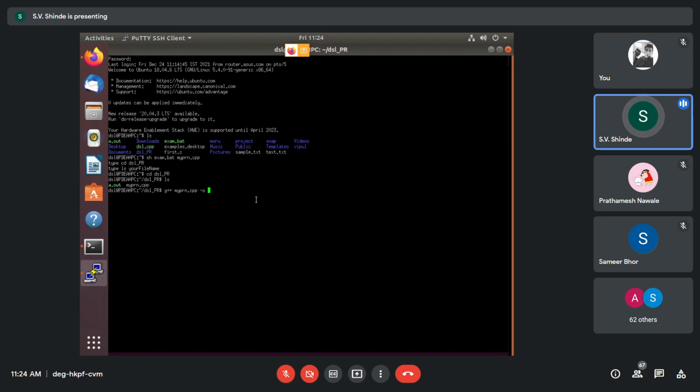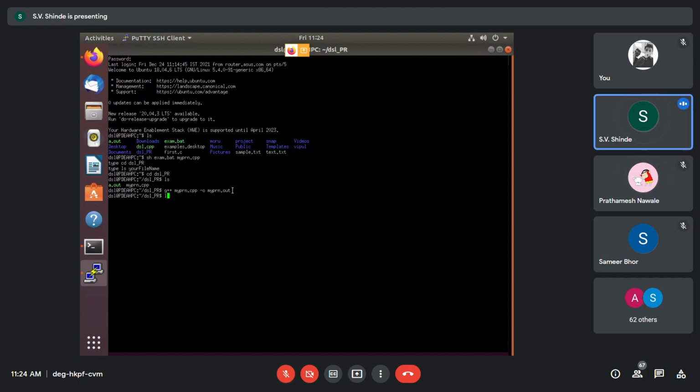Give -o and give again your prn, myprn.out. So this is the syntax. You have to use G++, your program name, -o, your program name .out, and press enter. If it is working correctly, it will not give you error, else it will give some error.